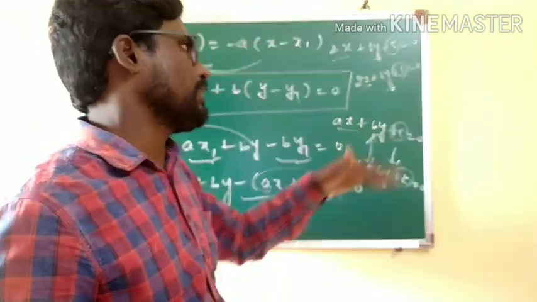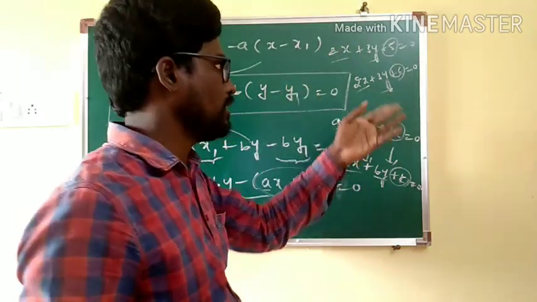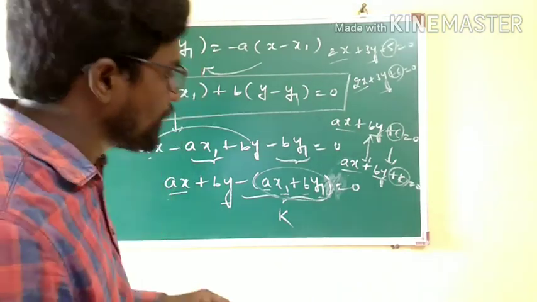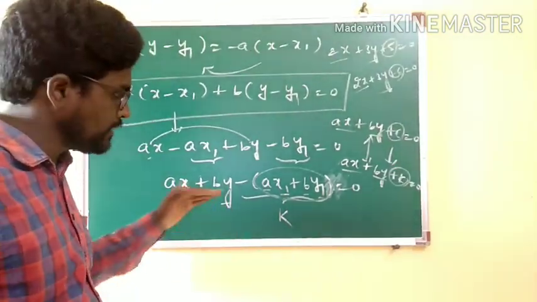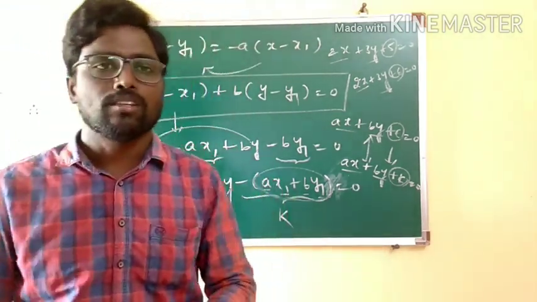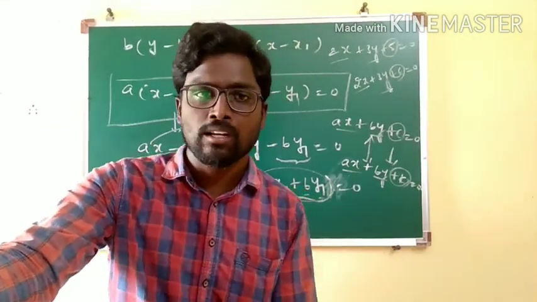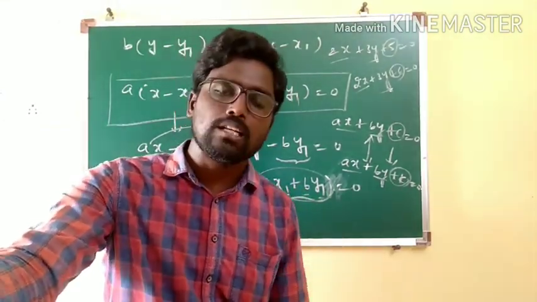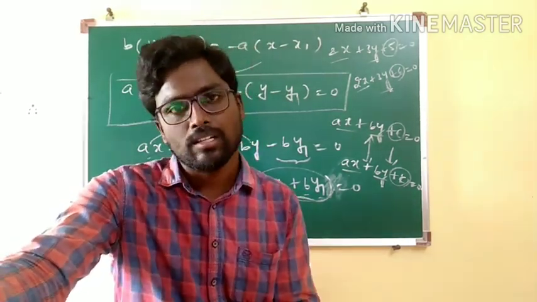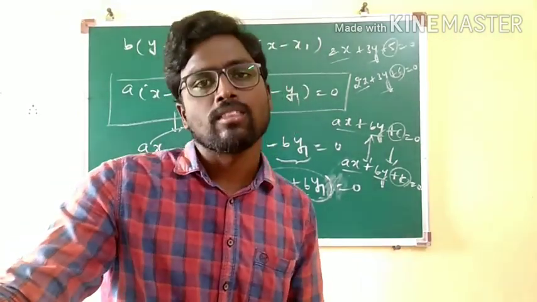Otherwise you can check simply by taking their slopes. What is the slope of this line? Minus 2 by 3. Even the slope of this line is also going to be minus 2 by 3. So what is another valid point from this? The equation of the line parallel to ax plus by plus c equal to 0 differs by only a constant. Therefore the outcome will be in the form of ax plus by plus k is equal to 0. This is the point here. Hope you understand. Write it under the note.